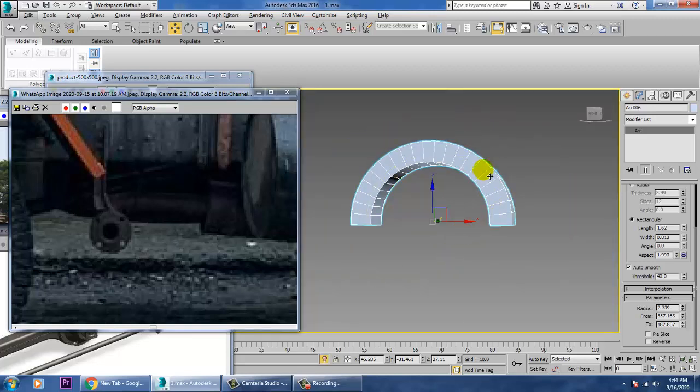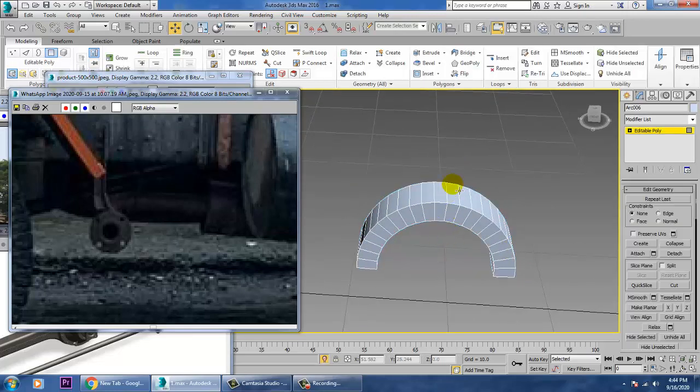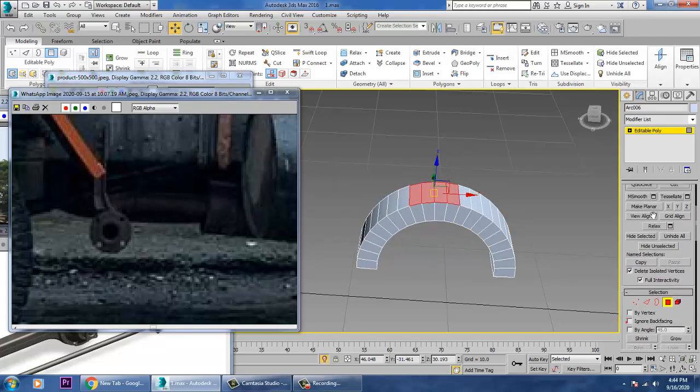And just convert to editable poly. Press 4 over here and just extrude it up.